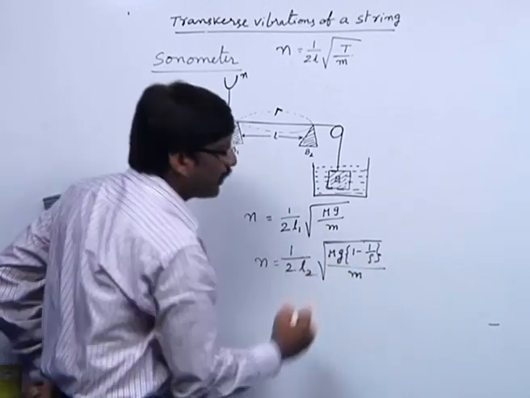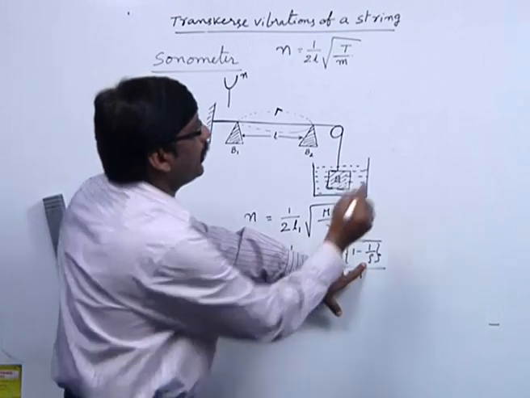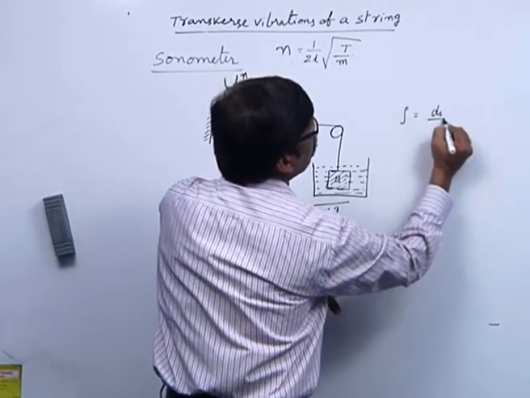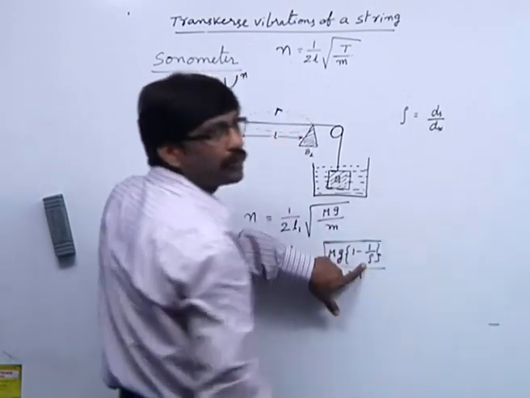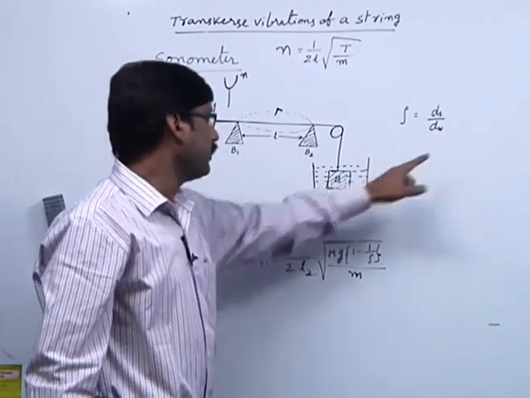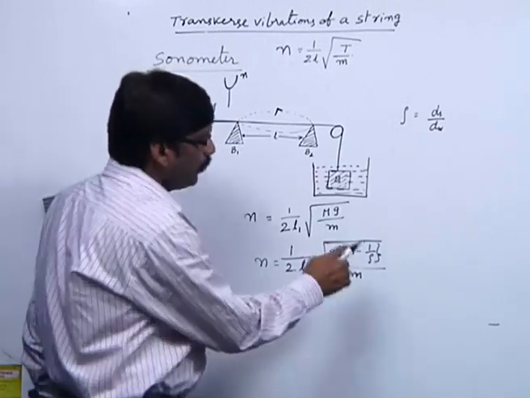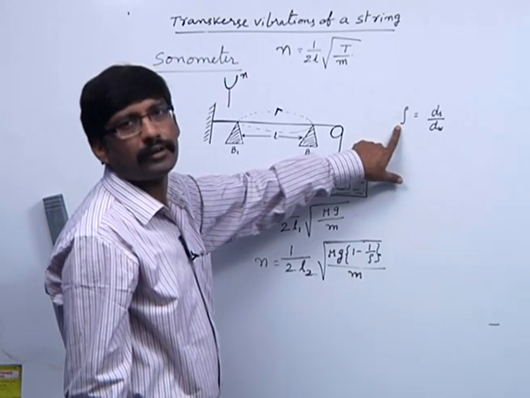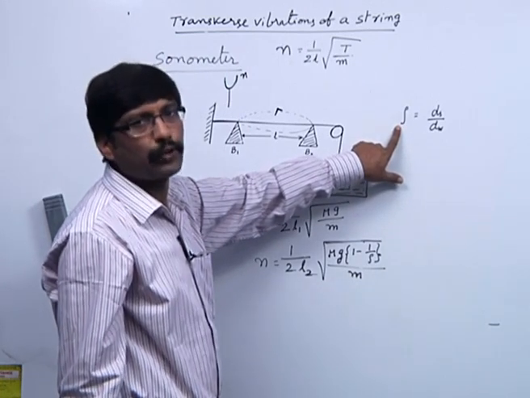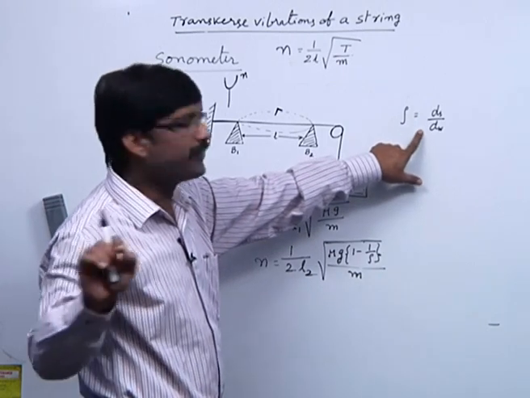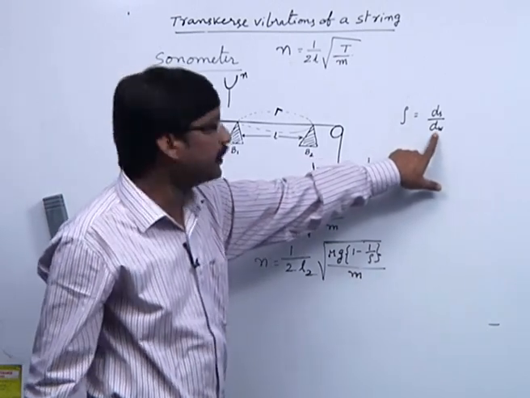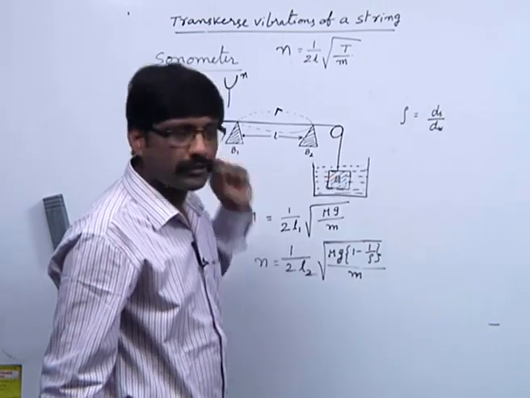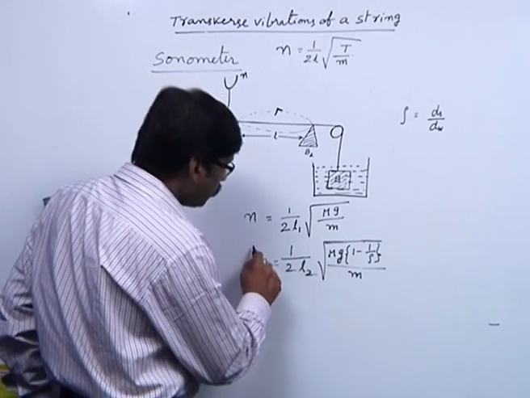This is mg into 1 minus 1 by rho. What is this rho? Rho is the density of solid by the density of water, if it is water. If it is some other liquid, write that liquid. If it is water, we call this relative density or specific gravity. In the CGS system, the density of water is almost 1, so specific gravity is the same as the density of the solid which is suspended from this. Now, take the ratio of this,